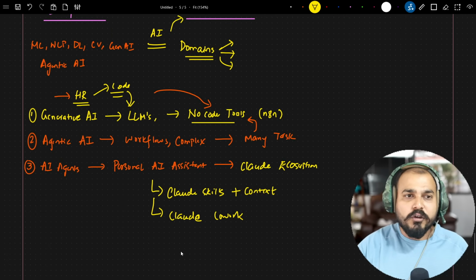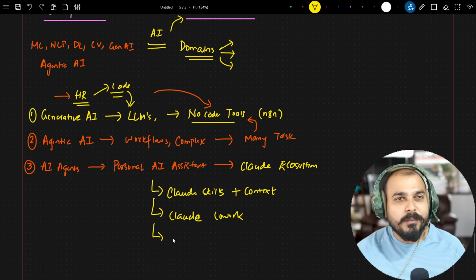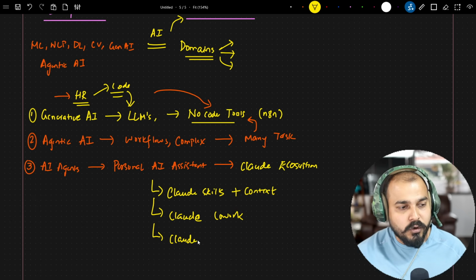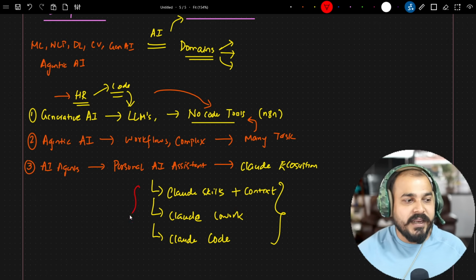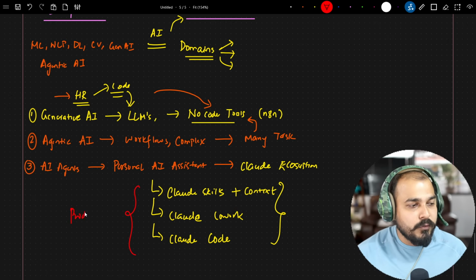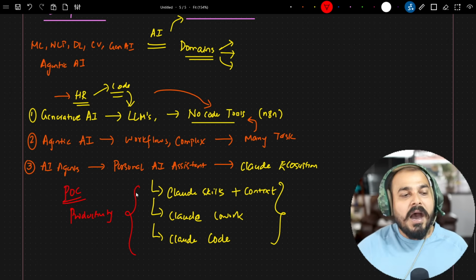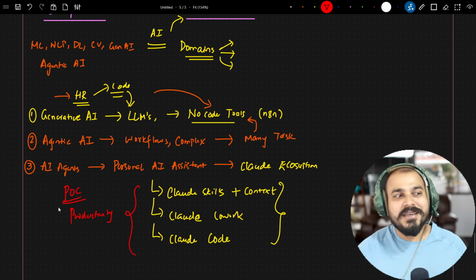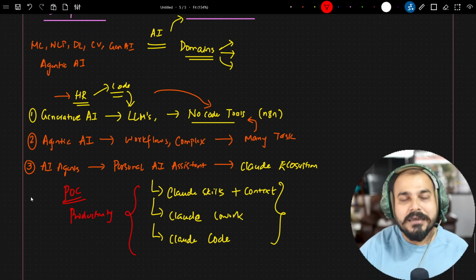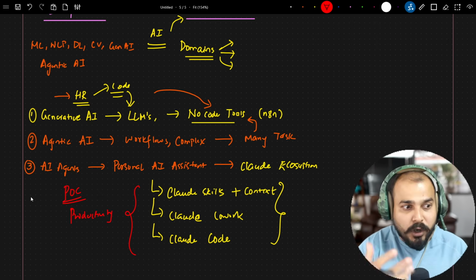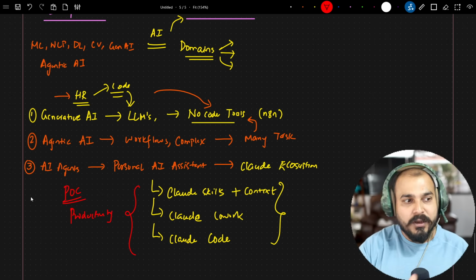Similarly, you may not have coding knowledge, but you want to see some of the code and develop a quick POC, you can use cloud code, right? So this way, when you're using all these specific techniques, you are improving your productivity. You know how to now create a POC. Since you're able to understand all these things, you will be able to lead a team, right? You will be able to get a clear understanding about the client, like what they specifically want. You'll be so much more knowledgeable by knowing all these things.